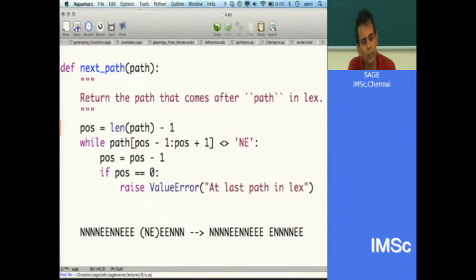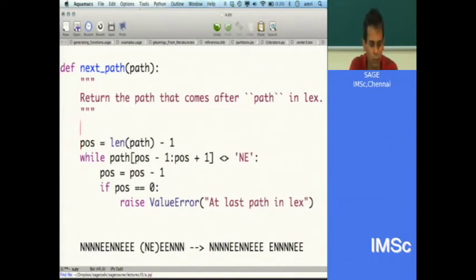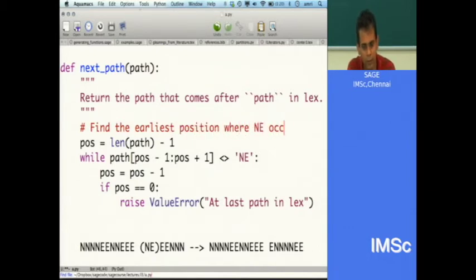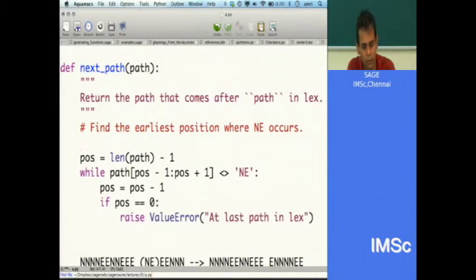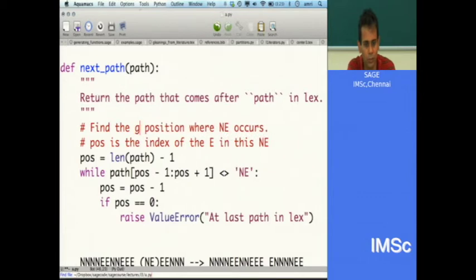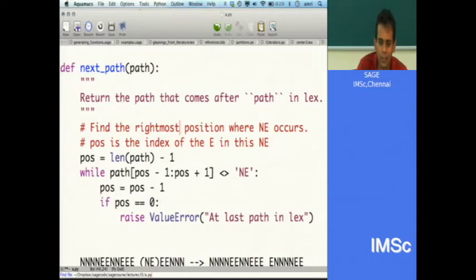So now we found, so this part finds the value of the earliest position where NE occurs. Pause is the index of the E in this NE. Earliest from the right, rightmost. Okay, now it's easy. We just find out how many N's are there, how many E's are there, and then